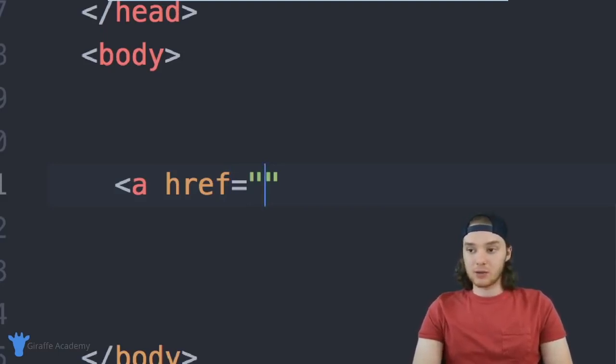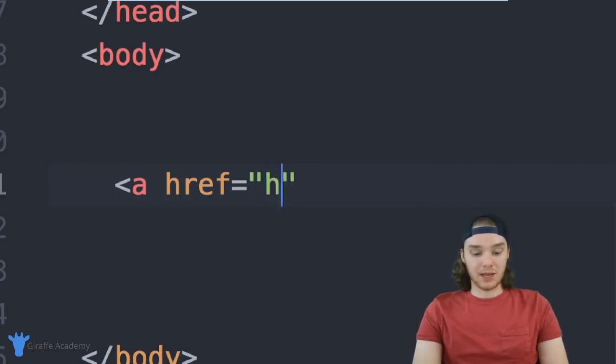So the easiest way to create a link would be to create an external link. So linking to a page that's not on our website. Imagine we wanted to create a link that would go to google.com. Inside of this href, I can just type the address to google.com. So I can say